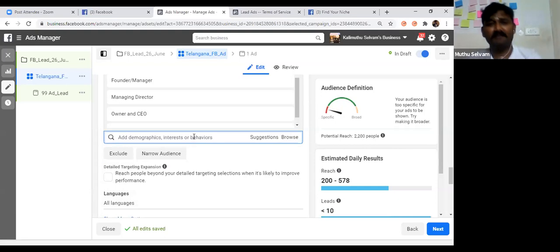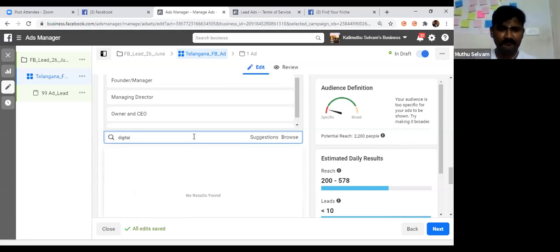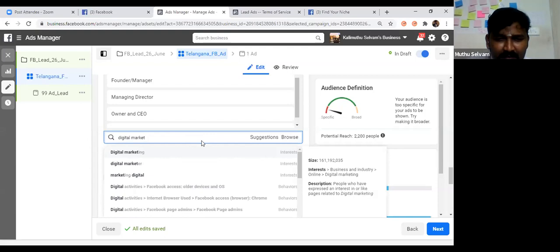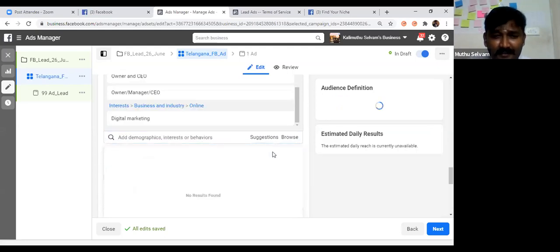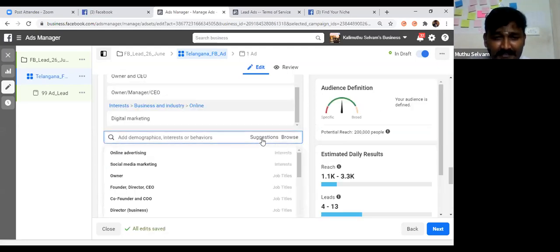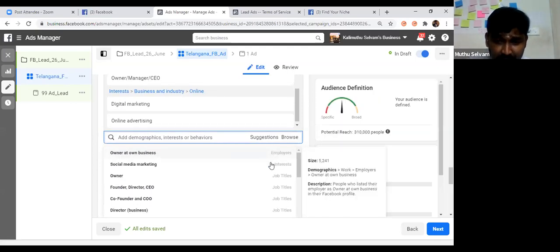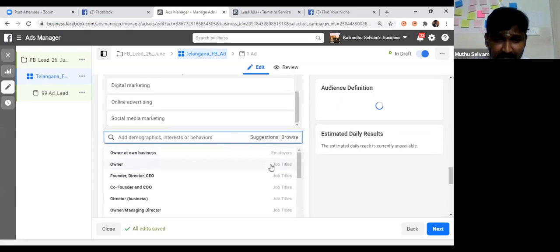Interest. What is the interest? Digital marketing, they have to be. Digital marketing, you have to wait some time, then it will show the suggestions at the bottom. Here, on the right side, see the interest, digital marketing. Click it here. Then click suggestion. Okay, of course, I need online advertising. I need social media marketing.